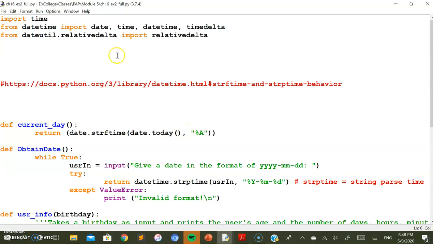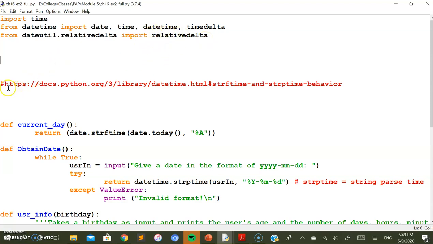As it has been told in the question itself, you are supposed to use various libraries here. The first library that you require is time. Then you require the datetime library, from which you need to import datetime and timedelta as methods. One more library that you require, which has a rich set of built-in methods to do calculations directly on dates and times, is dateutil.relativedelta, from which you need to import relativedelta. In this example we require only the relativedelta method.